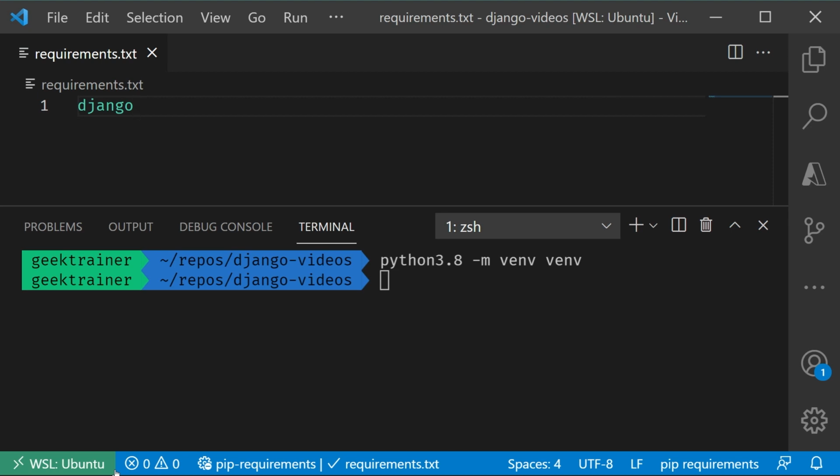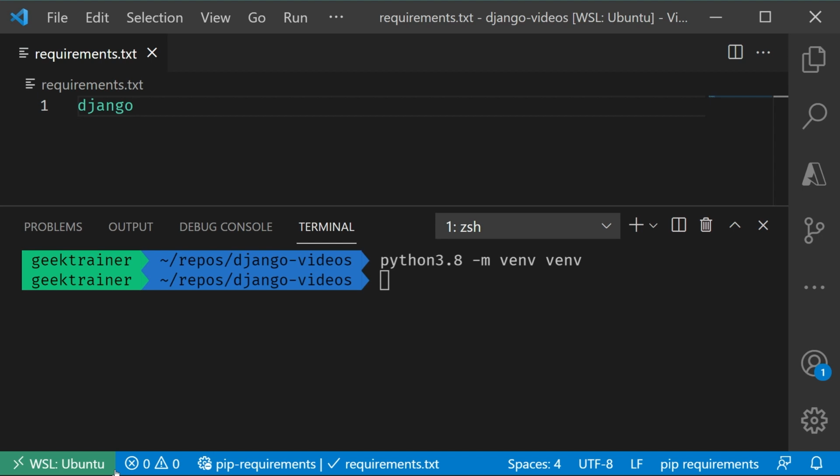Really, almost any deployment mechanism that you might be using is going to look for a requirements.txt file and install whatever it is that's there. It's a best practice, it's a common convention, and it's one that you should follow along with. So I'm going to list Django inside of there.